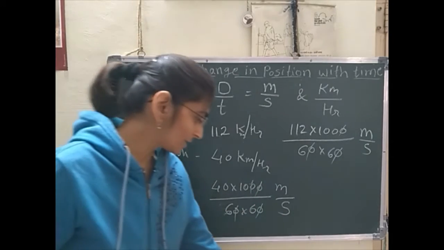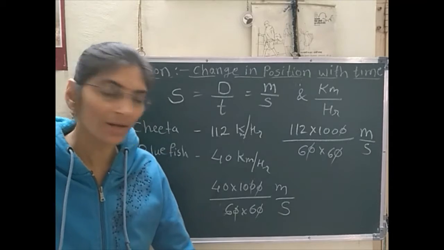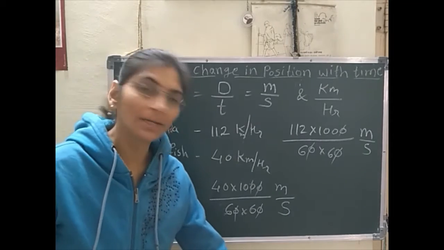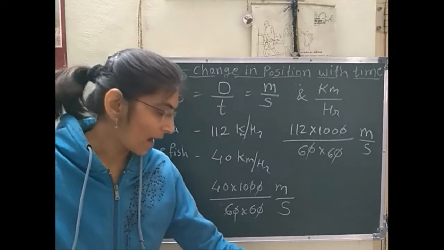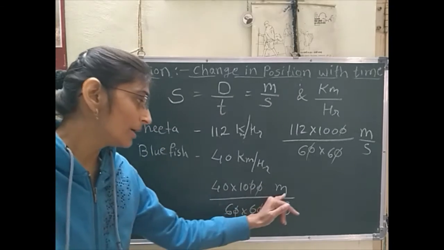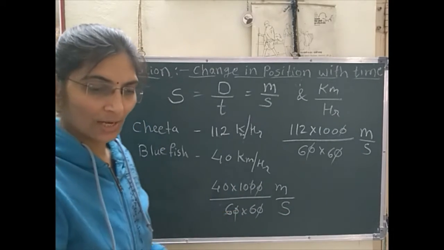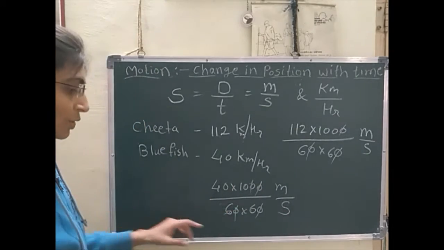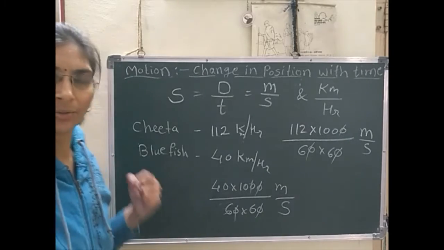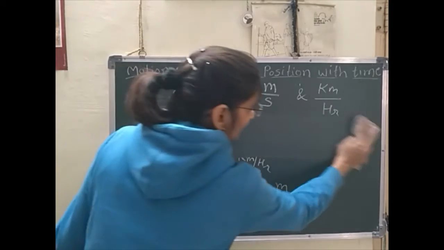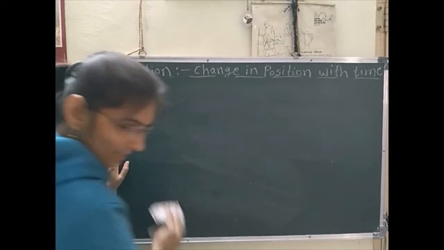So here in this chart for various animals, speed is given in kilometer per hour, and we can convert it into meter per second. So that we have to understand here. So you can complete that chart. Okay. So speedometer and odometer we have also seen here.